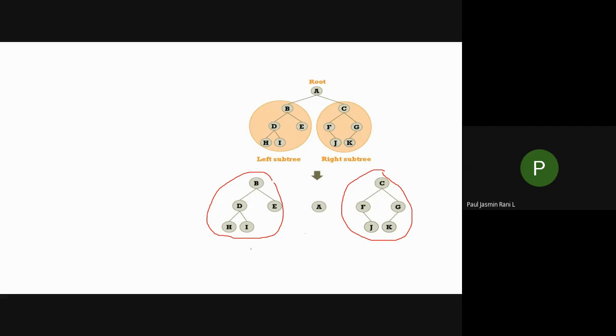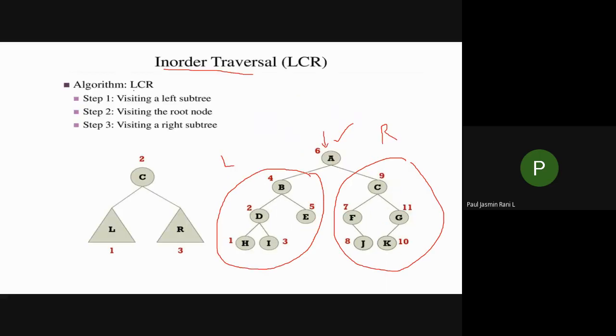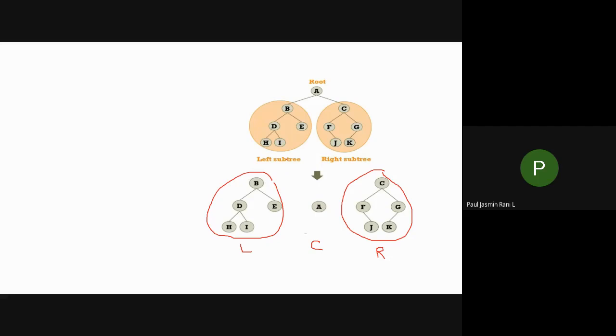So how will I visit this? After completing this one, I will go for your root node, which is marked as C. Next, I have to visit this R. Okay, can you follow this one, LCR? Now I categorize this whole tree data structure like this. Can you follow this one? So for A, this whole part is taken as the left subtree, the middle part is taken as the parent node, that is C, and this part is taken as the right subtree. So first you have to split it like this. When you get into practice, you will easily solve this problem. Initially, let me explain this way.